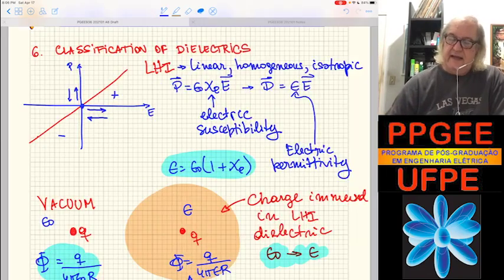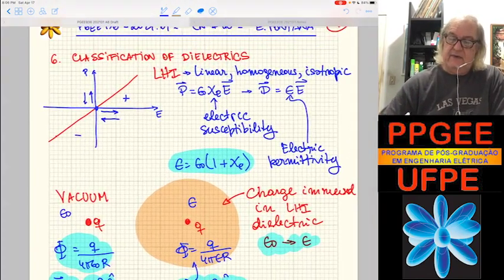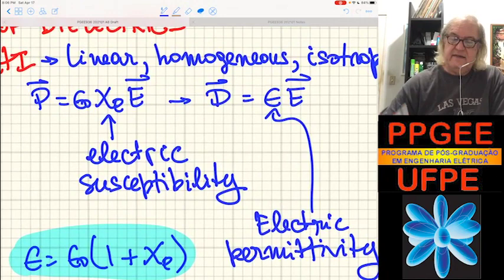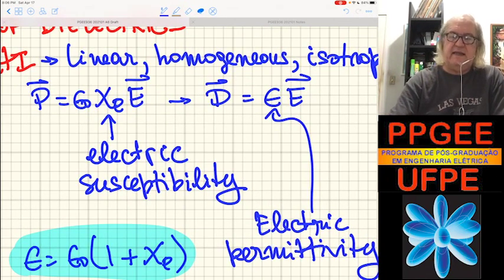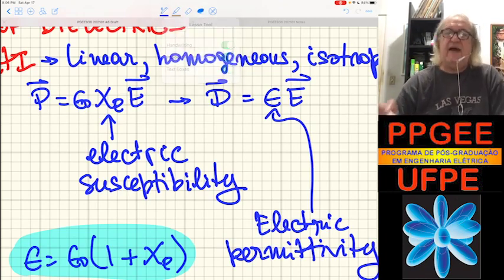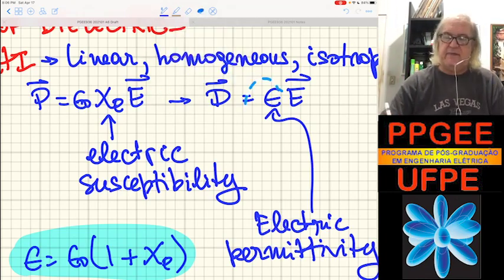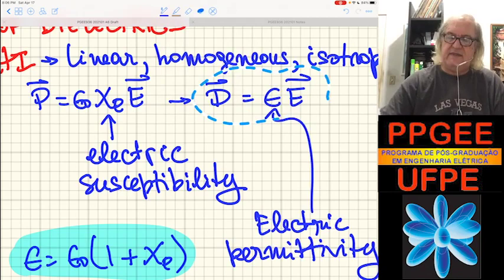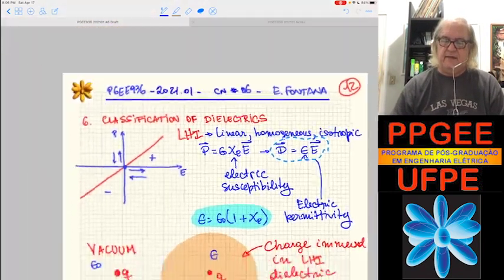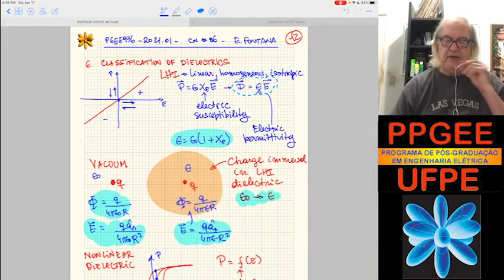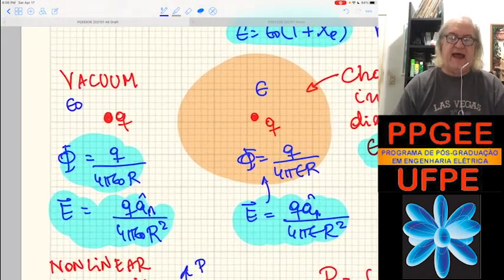So here we have the simple relationship between D and E, right? We don't have to talk about polarization, just talk about the permittivity of the material. We have this simple, linear relationship between D and E. Okay. So what happens? If we are in vacuum,